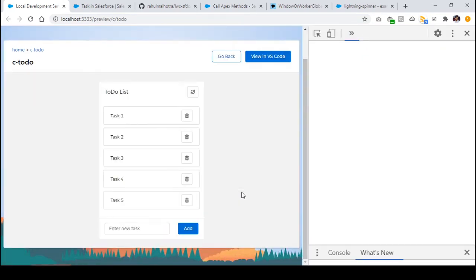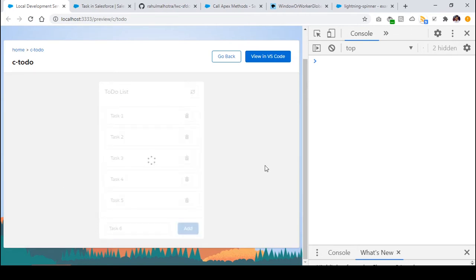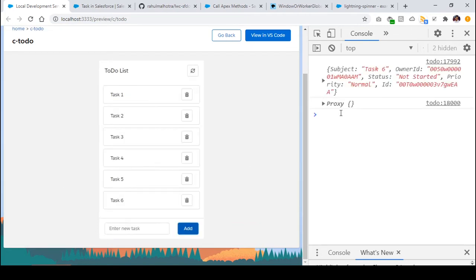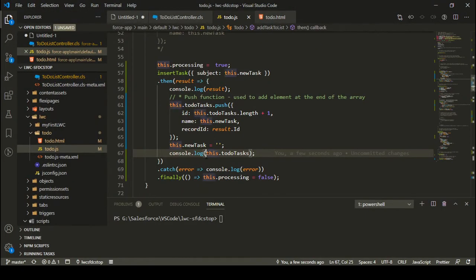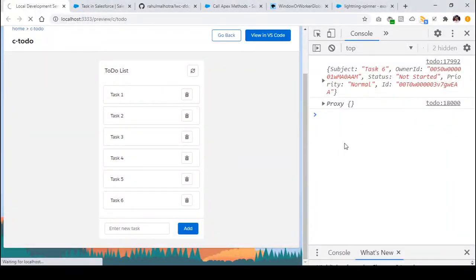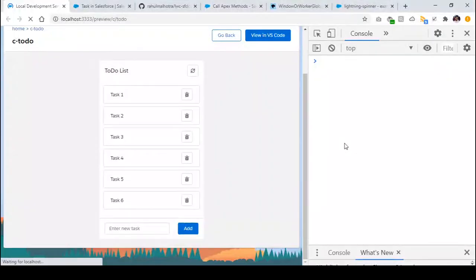Let us check this. Okay, so right now 5 tasks are there, and each is having a unique ID. That's particularly fine. I'm adding a task number 6. I'm clicking on the add button, and it is being added. And here you can see, let me just JSON.stringify that so that we can see it clearly. Okay, so let's have a look at those tasks again.